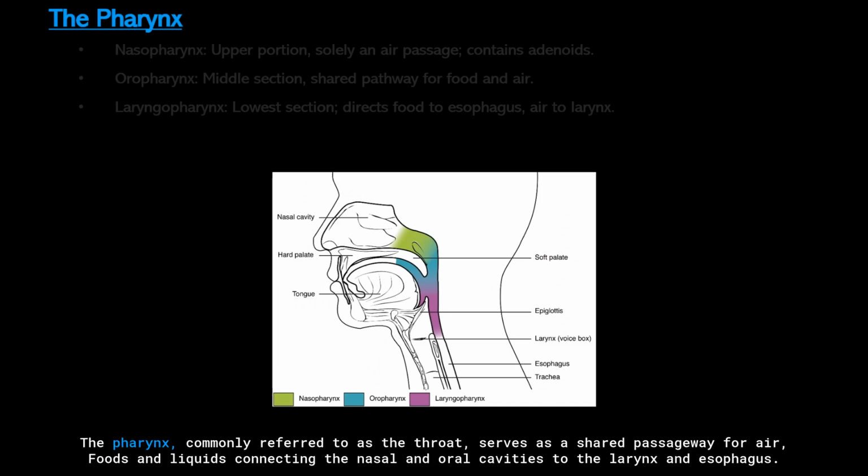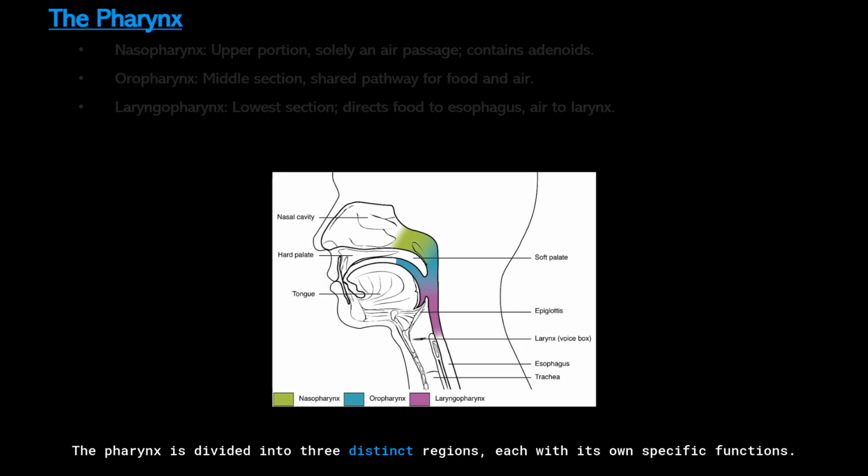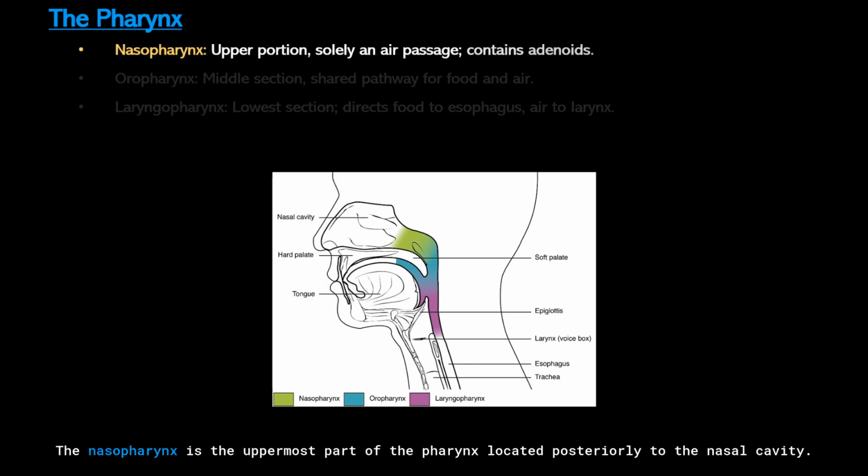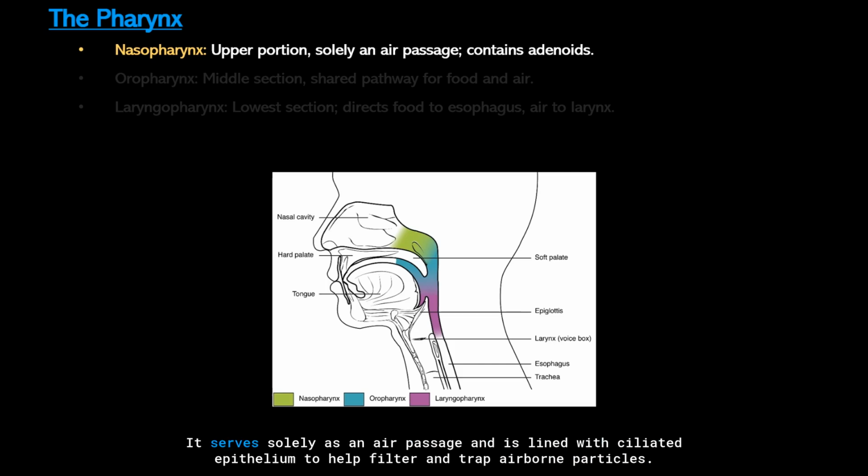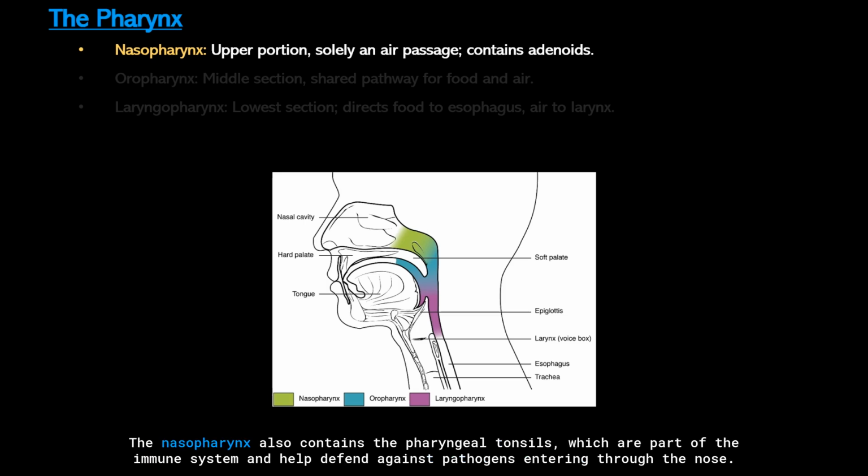The pharynx, commonly referred to as the throat, serves as a shared passageway for air, foods, and liquids, connecting the nasal and oral cavities to the larynx and esophagus. The pharynx is divided into three distinct regions, each with its own specific functions. The nasopharynx is the uppermost part of the pharynx, located posteriorly to the nasal cavity. It serves solely as an air passage and is lined with ciliated epithelium to help filter and trap airborne particles. The nasopharynx also contains the pharyngeal tonsils, which are part of the immune system and help defend against pathogens entering